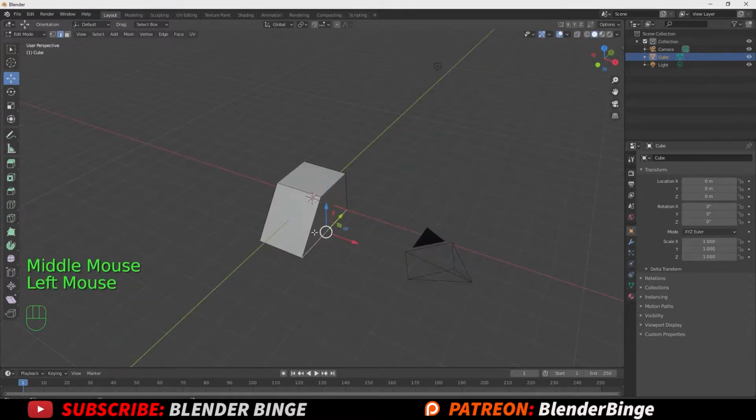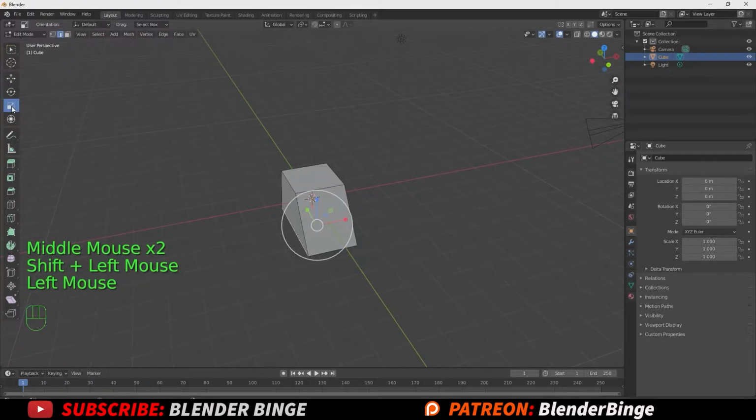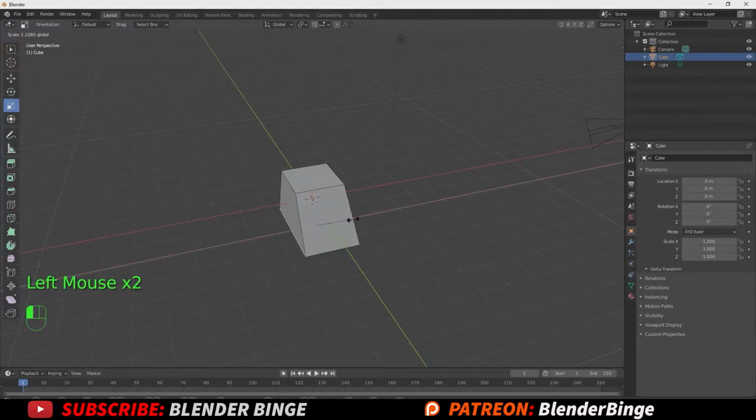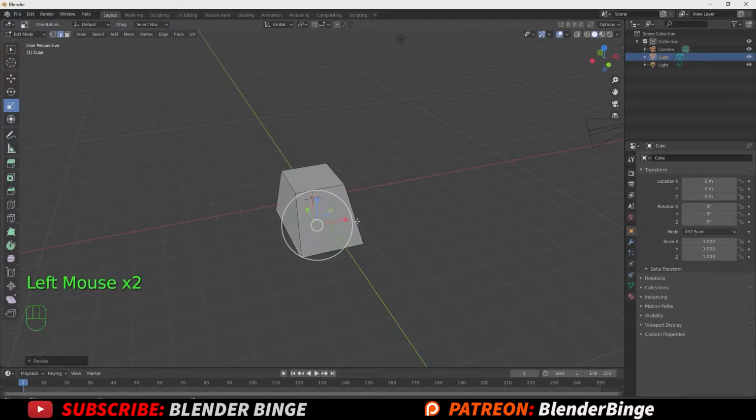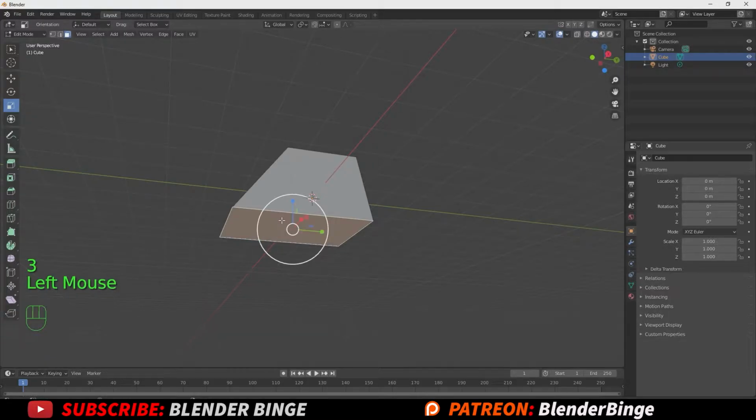Now let's grab these two side edges here. Let's use our scale tool on the left side. We're just going to scale this out to make it a little bit wide, and this will act as a cab later on. Now we're going to press 3 to go to face mode, grab this bottom face,